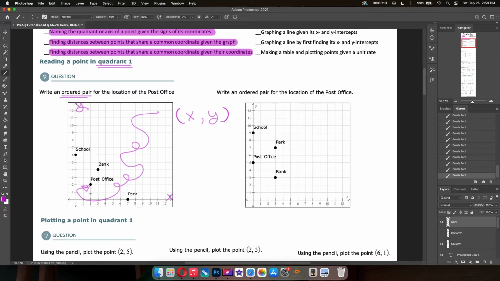So when I'm looking at this post office, let me erase all of my beautiful little arrow work over here. There. So when I look, first I'm going to look down to the x-axis because the x number comes first. What does it meet at? It meets at number 2. Next, I'm going to look over. So this is done first,